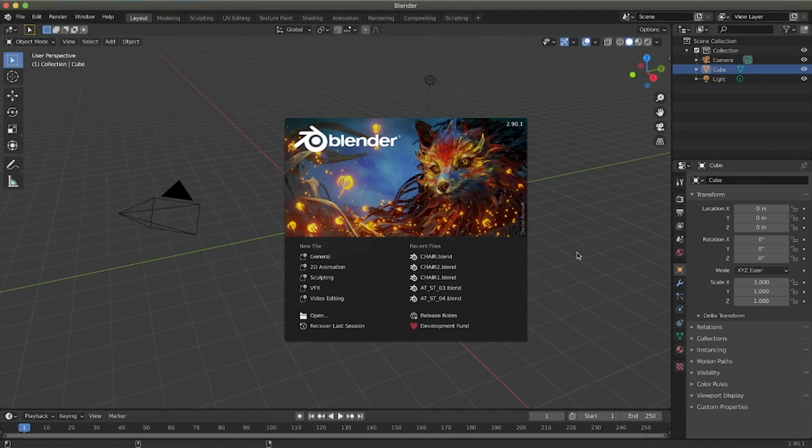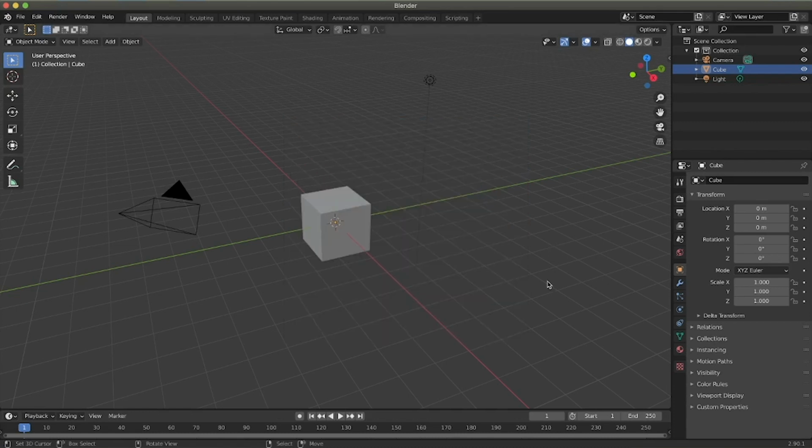When you open Blender for the first time after you install it, you will find this nice window with the graphic of the moment. Every release of Blender will have a different graphic. On the left side you can generate a new file and select among different modes, and on the right side you will have the last files you worked on. If you click out, you can see the interface.